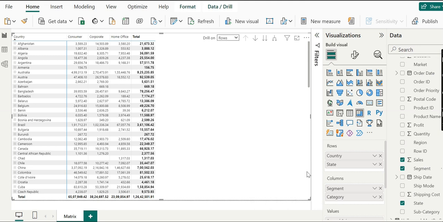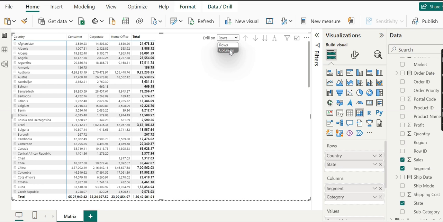Now there are two options. Rows can be drilled down, and columns can be drilled down too. There is a little icon with a drop down for drill on rows or columns, so we have to select where we want to drill down.